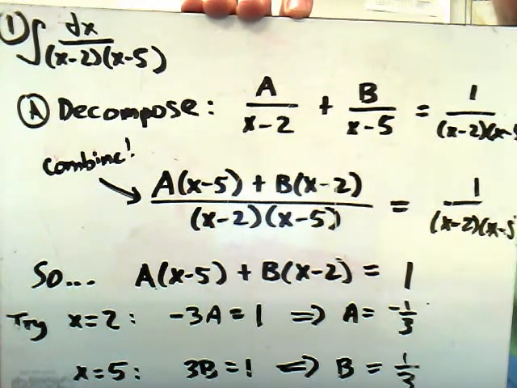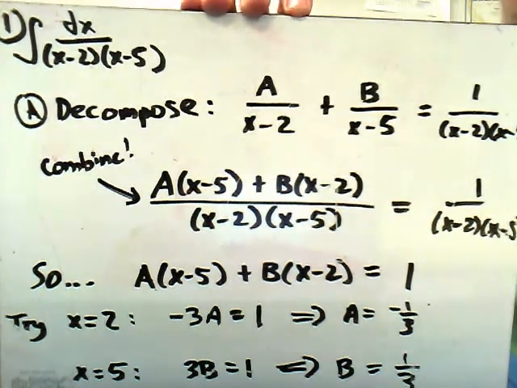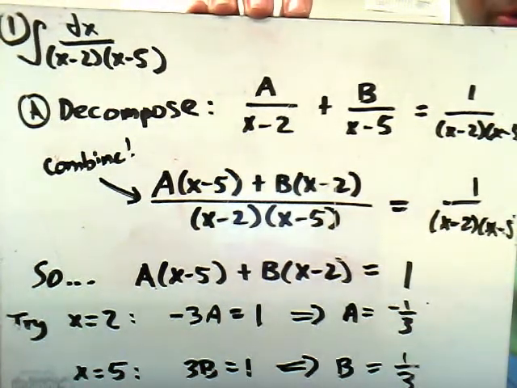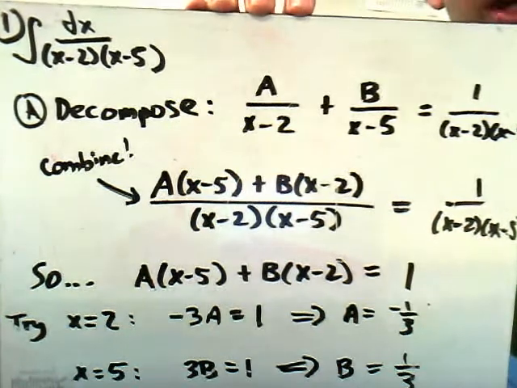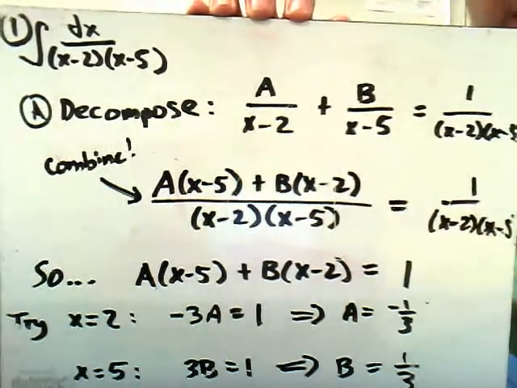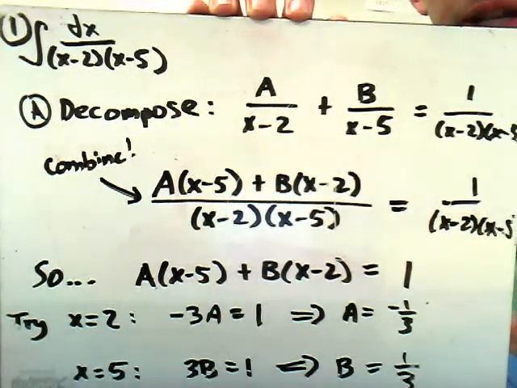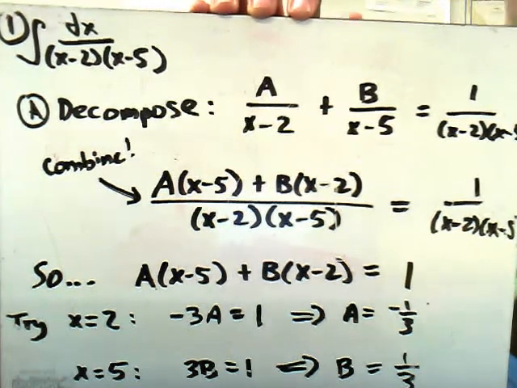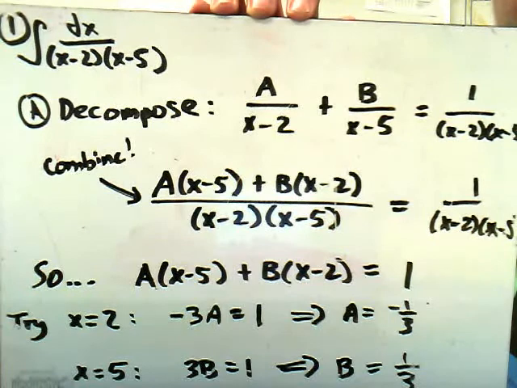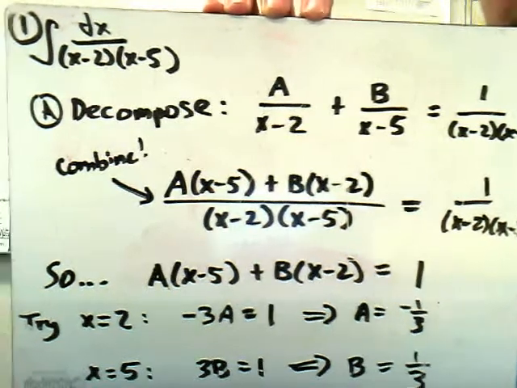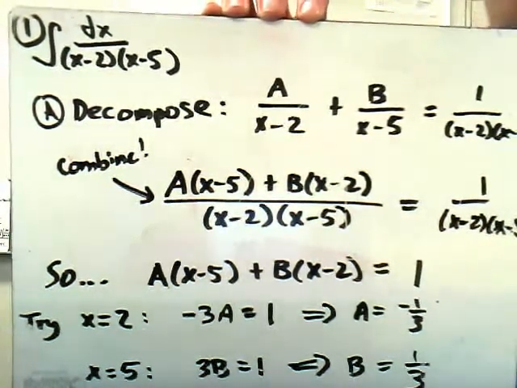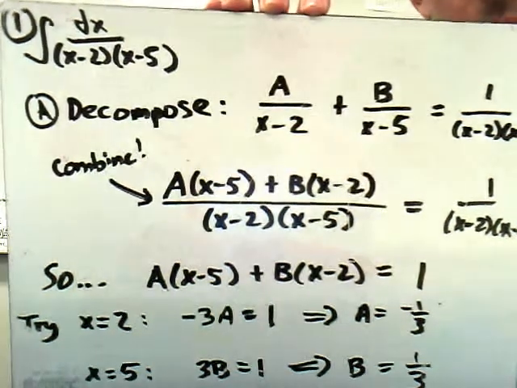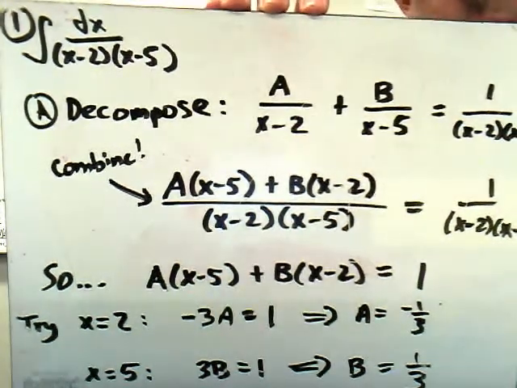When trying to find the antiderivative of a rational function, one appropriate technique is integration by partial fractions. The first step is decomposing the original fraction. In this case, we have two factors in the denominator, x minus 2 and x minus 5. If we assume that we can decompose this rational function into those two factors, we end up with